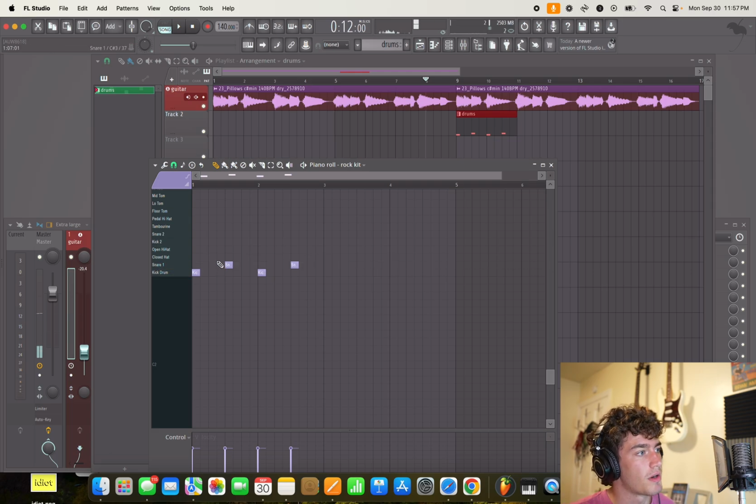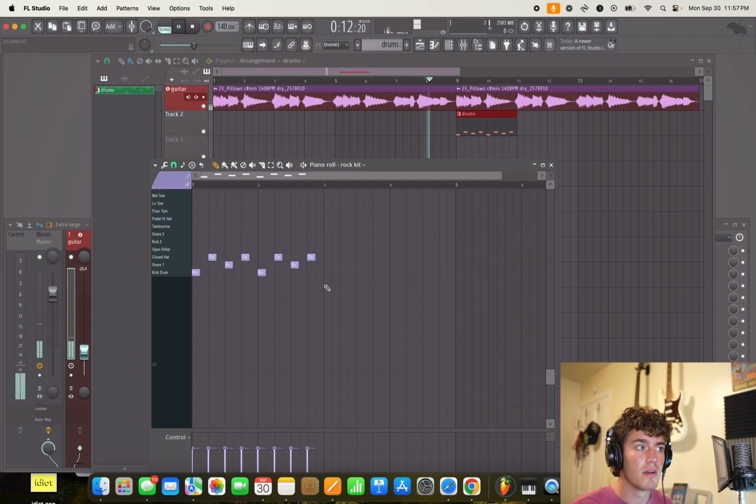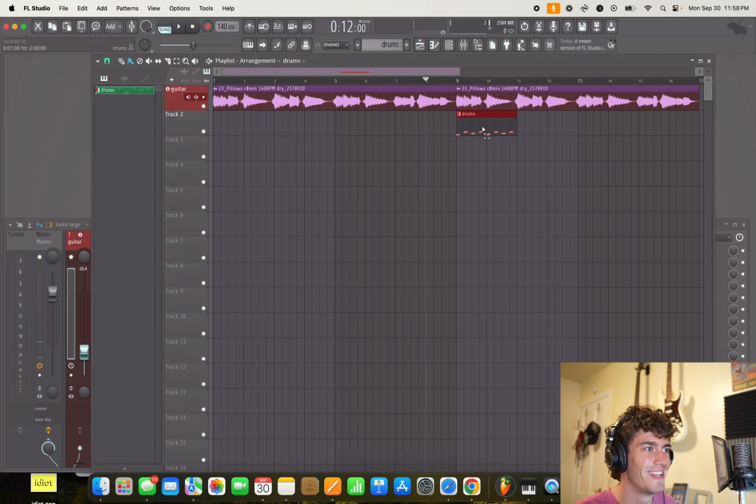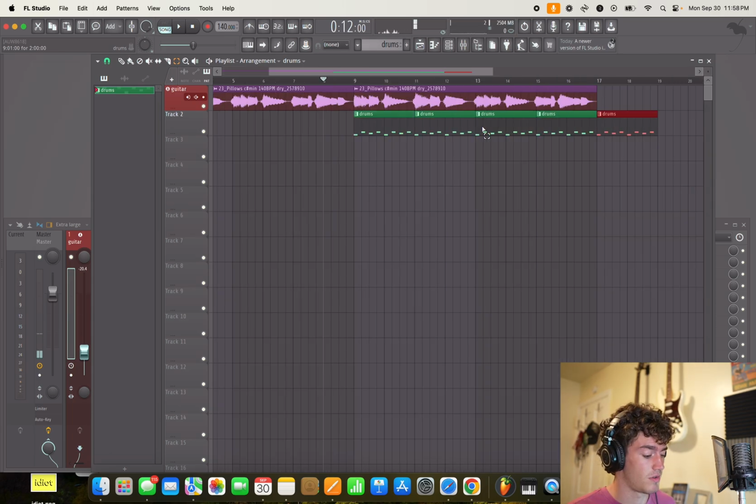Kick, snare, we want to put our hats in on the 2 and the 4. So now we can really get our head bobbing. That already almost sounds like a song by itself. We're going to click E, pull up our selector, and then Command B, copy our drums over. Now we got a little 4-bar loop